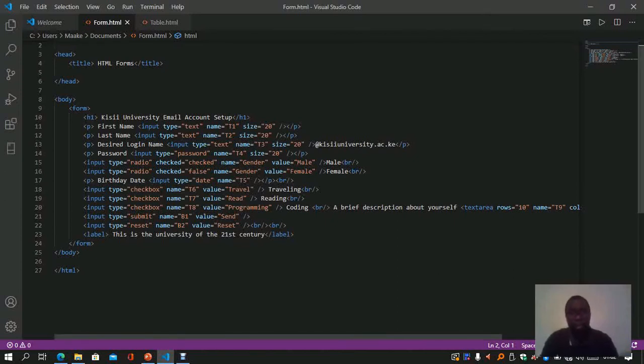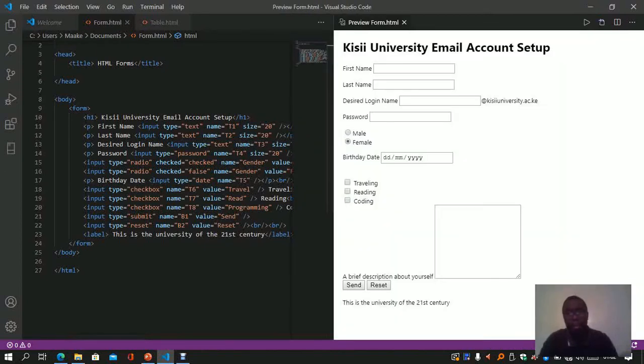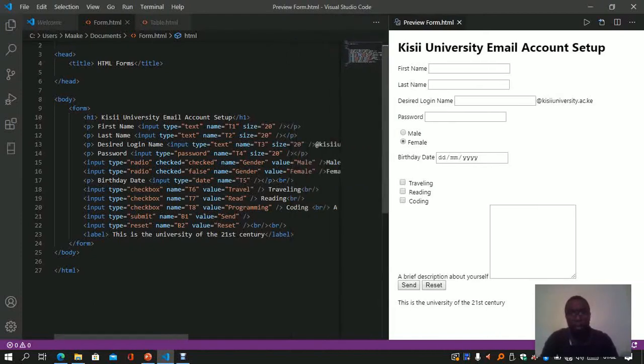This class was for creating an HTML form. Now, it's a simple form that would display information, and then it would allow users to enter their information,